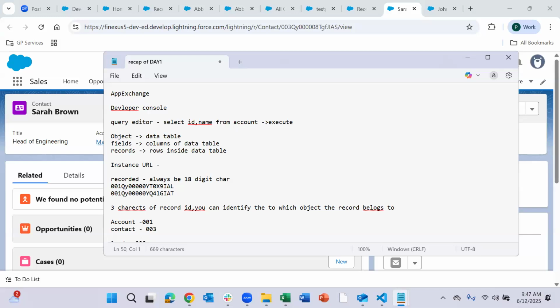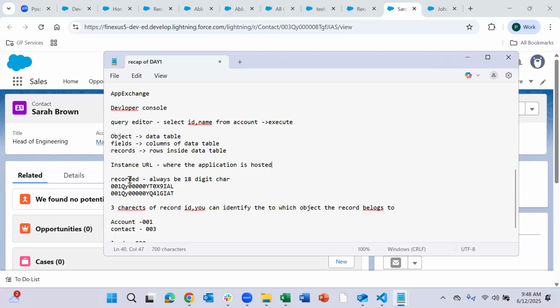Okay. So now we have seen what an instance URL is. Instance URL is nothing but the server where your particular Salesforce domain is hosted. Where your particular Salesforce application is being hosted is called the instance URL.